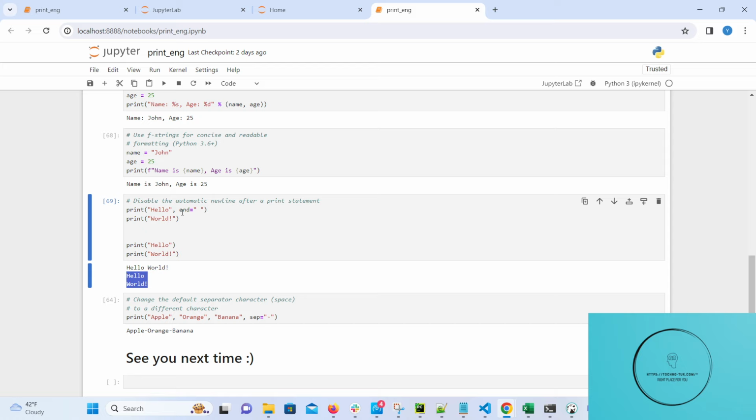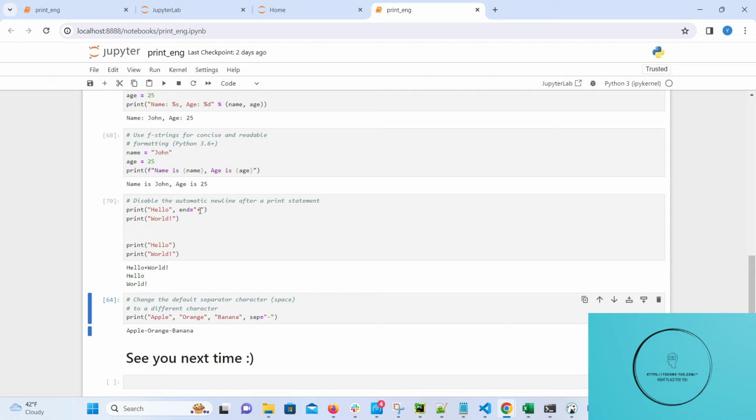But if we add a parameter, it doesn't matter what value we put on that parameter, we will see the result of our two prints in one line, not in two lines. If at the end of the first print we want to put some other sign, for example plus, why not, then what will actually happen? Yes, that's right. We will have hello plus world.